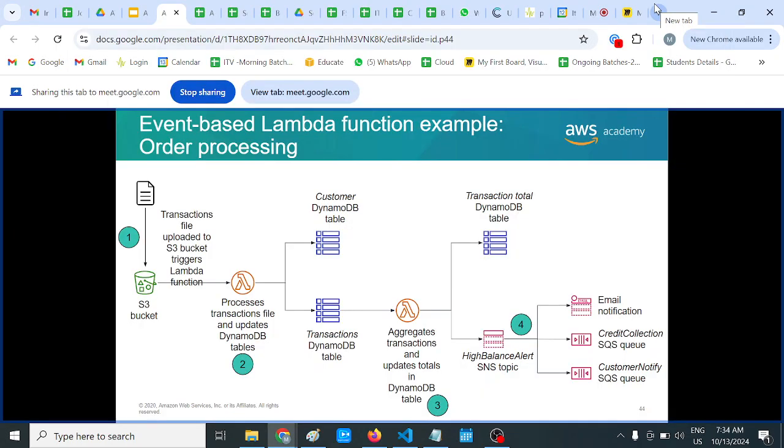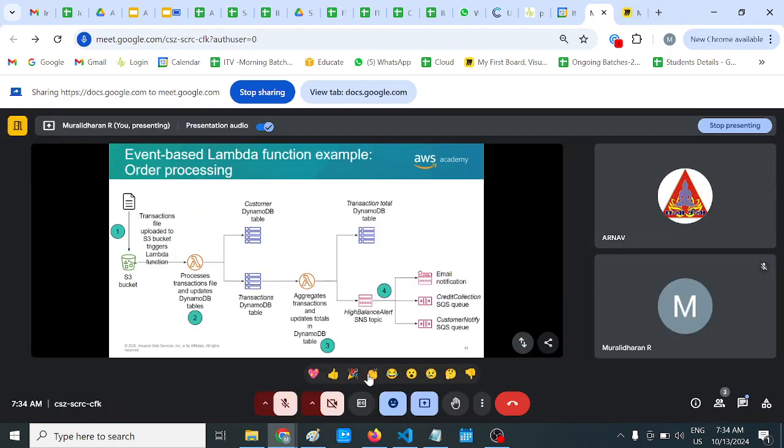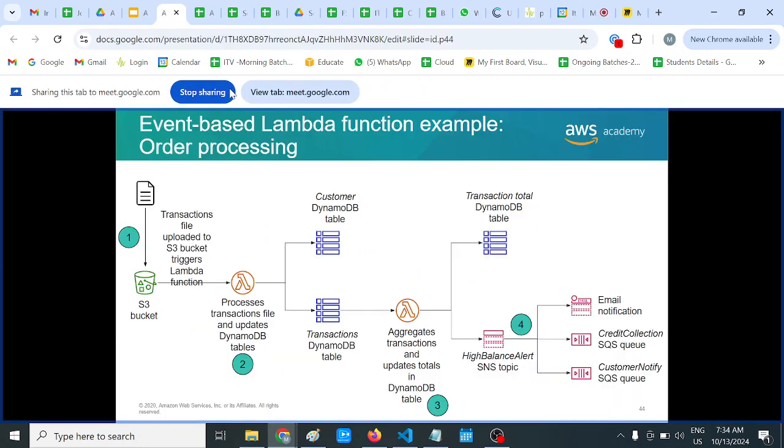Yes. Yes, I know we must. Yesterday we stopped here. We ordered processing. Correct. Next,